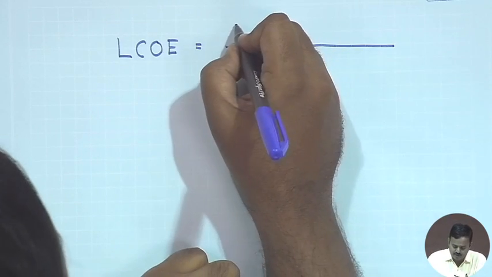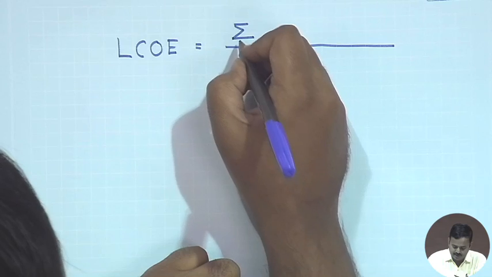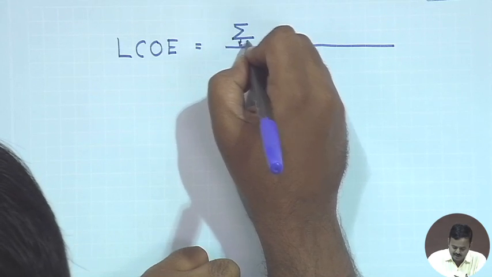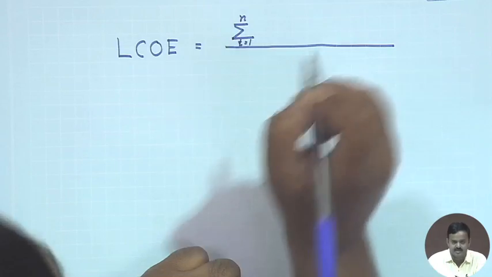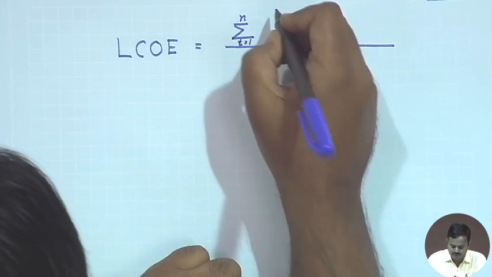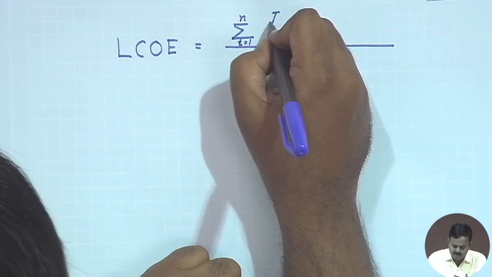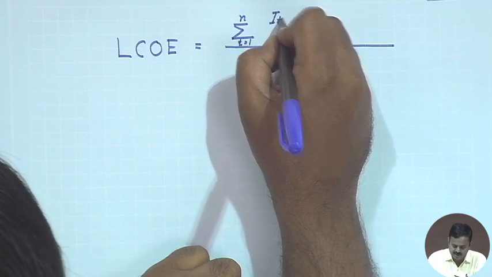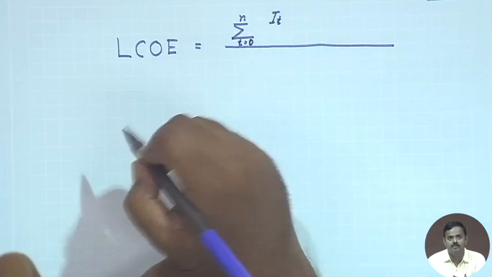In the numerator we have to write down the costs, and let us say the life cycle goes from 1 to n years, n is its useful life. So, I would write it as the initial installation cost, I from 0 to n,